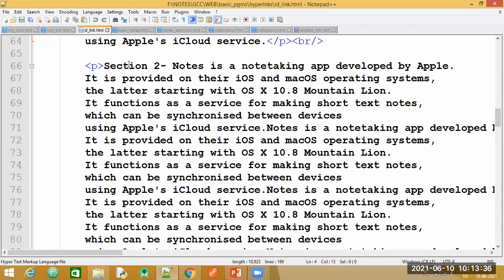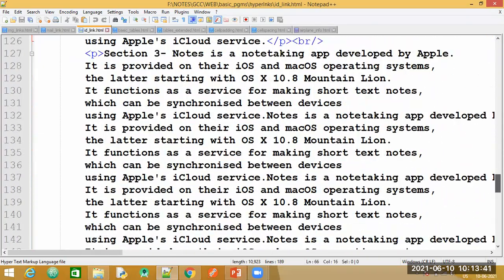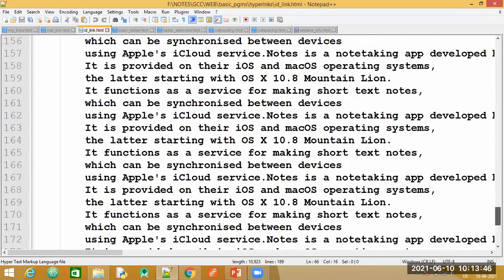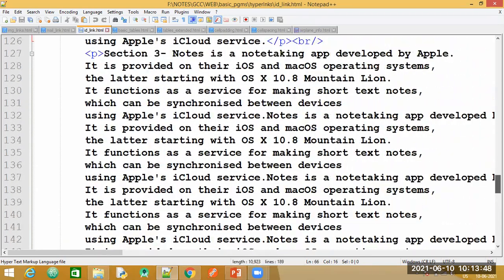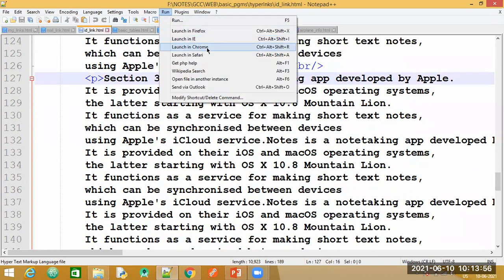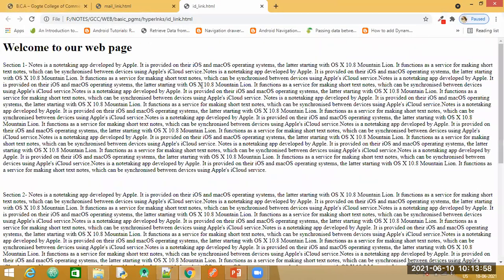The p tag ends here. The second paragraph is beginning here. And here is section 3, that is again written in the p tag. So first let us have a look at the output. This is how the text is going to be displayed, because we have just made use of the p tag and the same text is copy pasted so that the content is increased and we are able to see it as a paragraph.